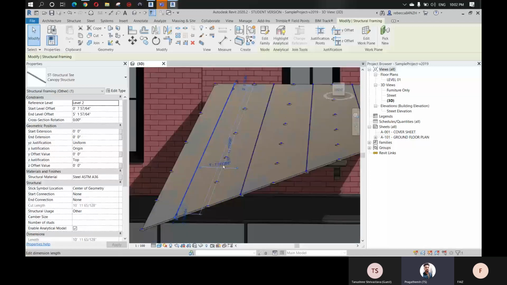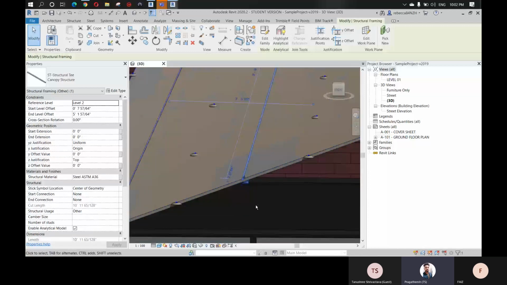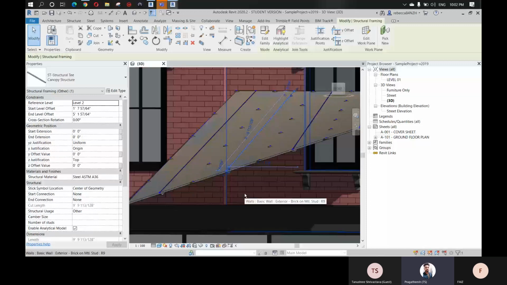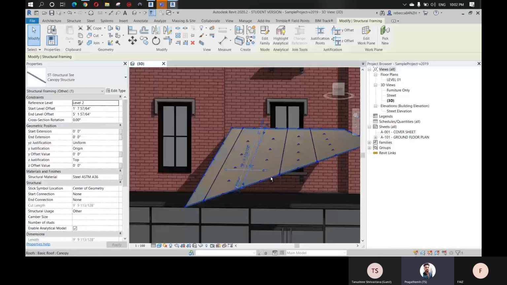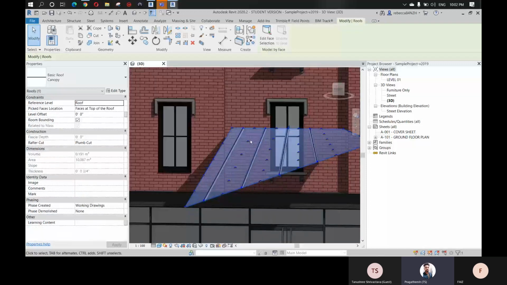Okay, so now these are not clashing with each other, right? And as I said, these are parametric. If you change the shape of this canopy, the lighting fixture and the structure family adapt to it, so that you no need to change separately. Like if you do it in Revit, you have to change the roof first, then the lighting fixture second, then the framing third, right? But these all are now hosted. So when you change the size of the canopy, everything related to that will also get changed.